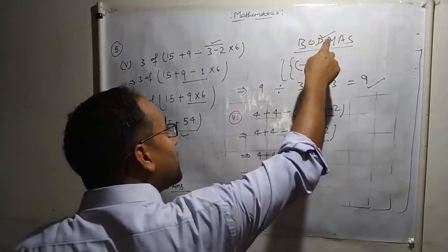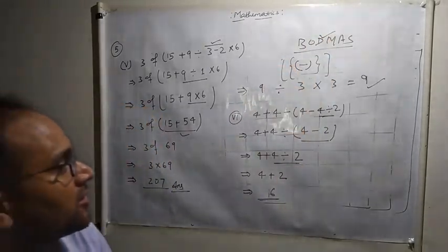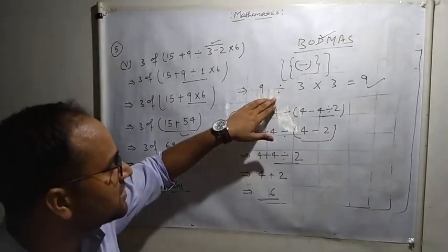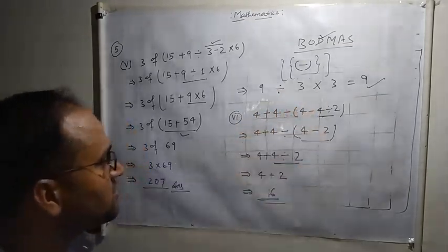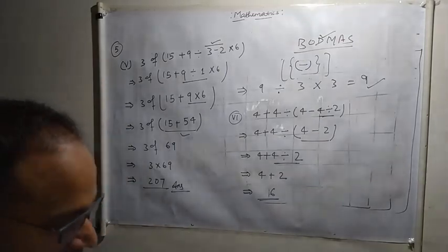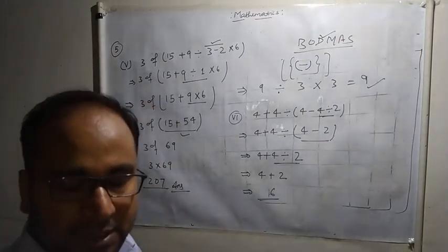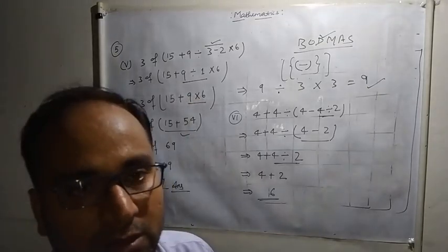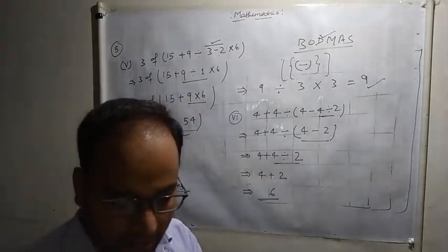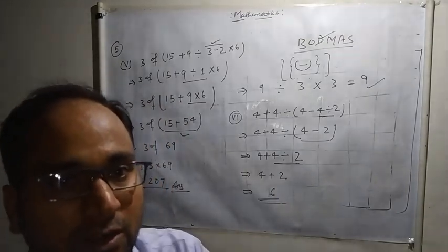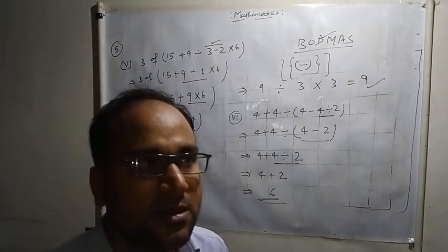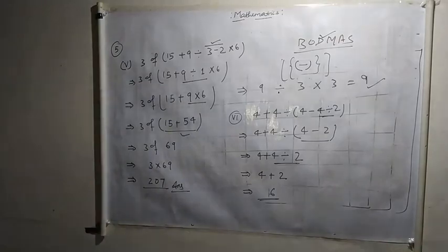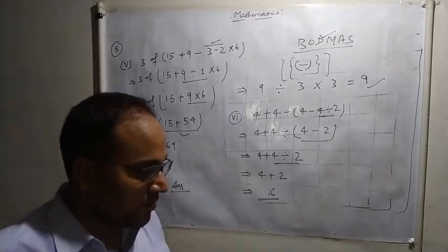So use it according to BODMAS. You will fill in the sign, this operation: plus, minus, multiplication and division. In the first case you fill division, and then after that multiplication, students. I think you have completed your homework. If you have any doubts, you will see this video, and in the second part of this video I will upload it. In that I am going to discuss exercise E. Okay students, thank you.